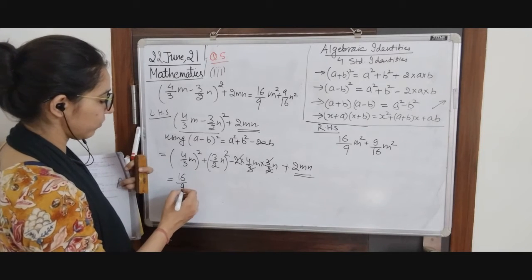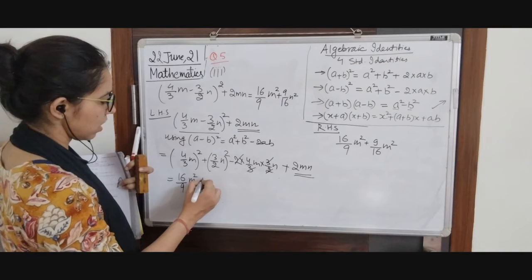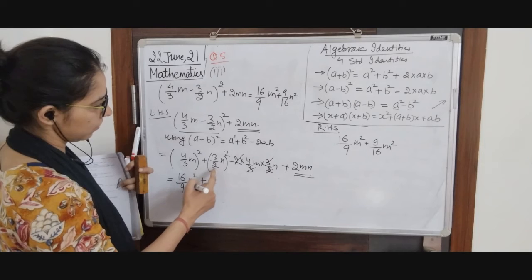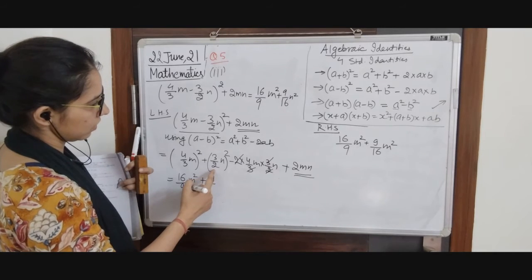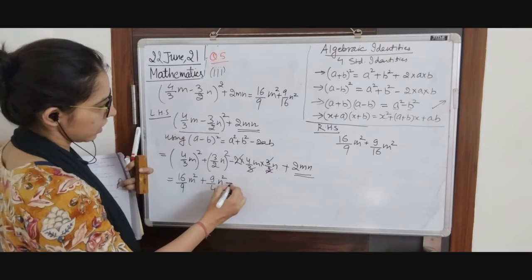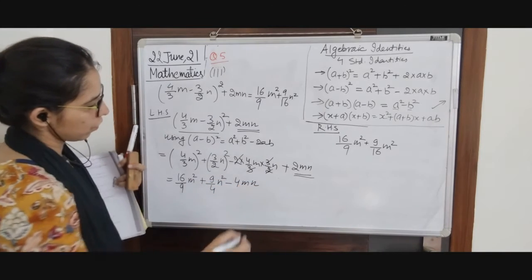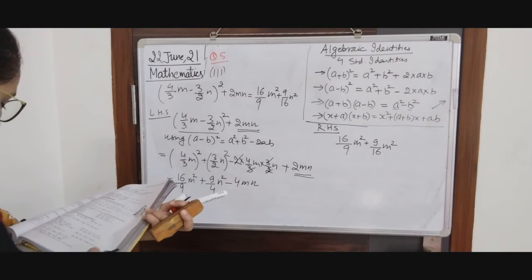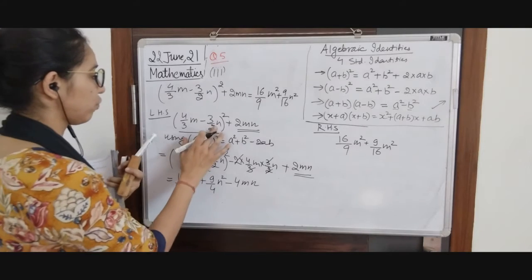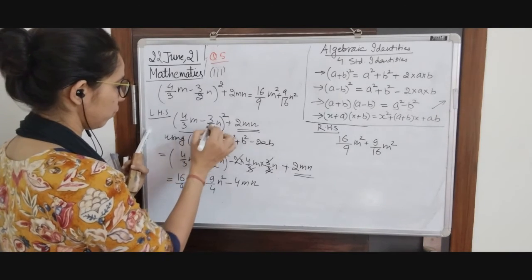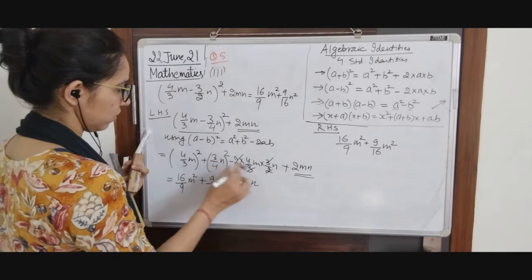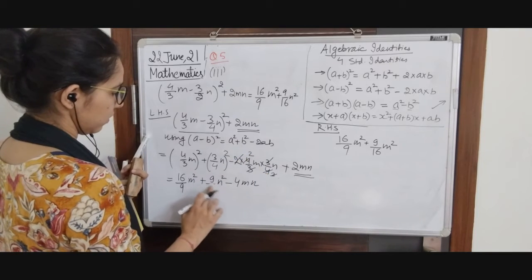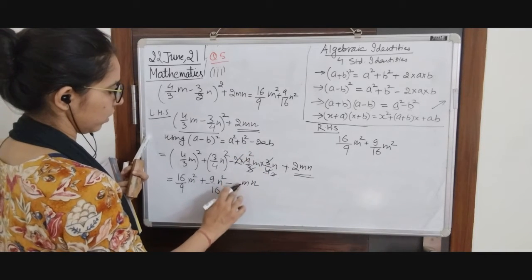Square of numerators divided by square of denominator, m square plus 9 by 4 n square, and here we are left with 4mn. So we are not getting them equal. Did we make some mistake? Yes, we made some mistake. We wrote 3 by 2 instead of 3 by 4. So it will be 3 by 4, 3 by 4. So 2 and 2. We are left with 16 here and 2 here.